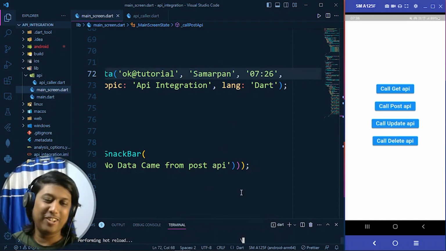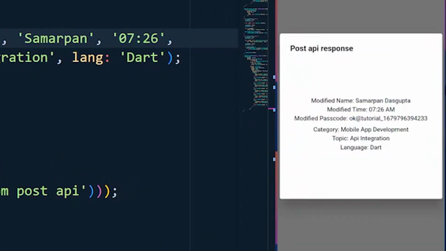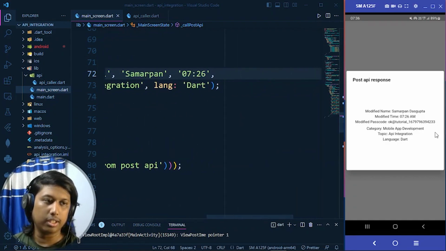So if I make a hot reload here, and if I call that call post API, the data is fetching and the data is showing here. The modified name is Arpan Dasgupta, modified time 7:26 AM, modified passcode, that is a unique passcode, and the category, topic and language we provide here are showing in that dialog. Okay,